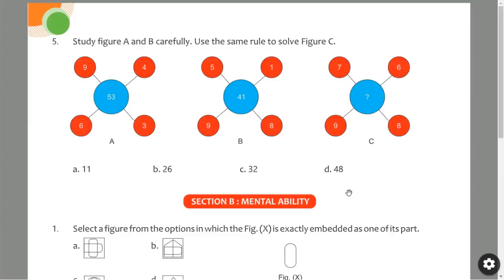Hello students, let us continue the lesson. We are solving exercise questions, and the lesson name is stepwise thinking. In my previous video, the first four questions were already solved. If you have not watched that video, watch it to understand the way to solve these sums. So now we are at the fifth question.